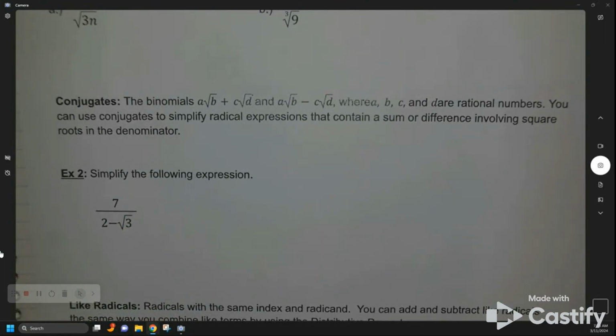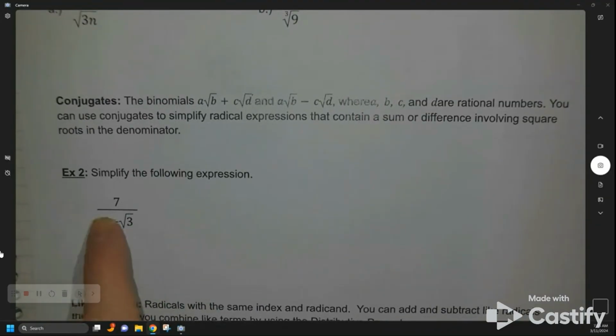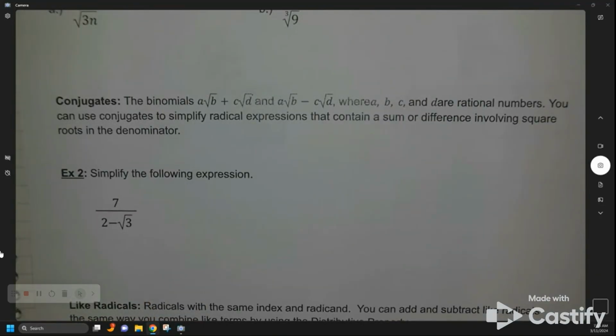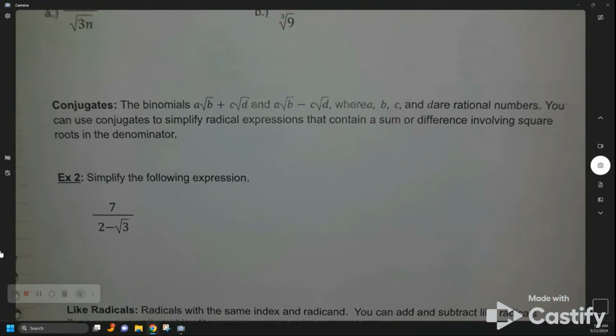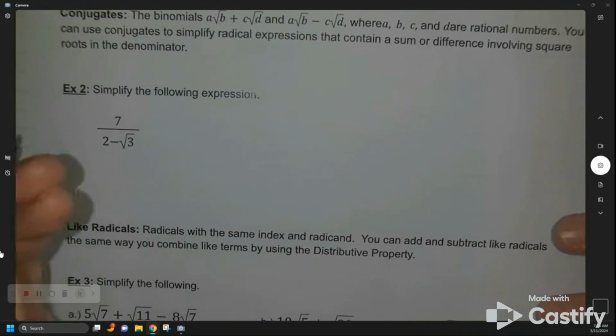So in order to simplify this, we are still going to be multiplying by a form of 1, but we're going to take this whole denominator, and instead of using subtraction, we're going to be using addition. So it's kind of like, think about using the opposites like we did when we were solving equations. So what I'm going to do is multiply the